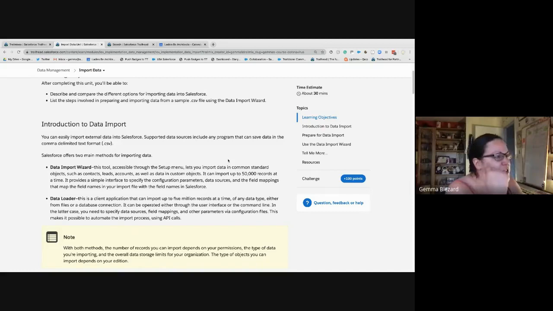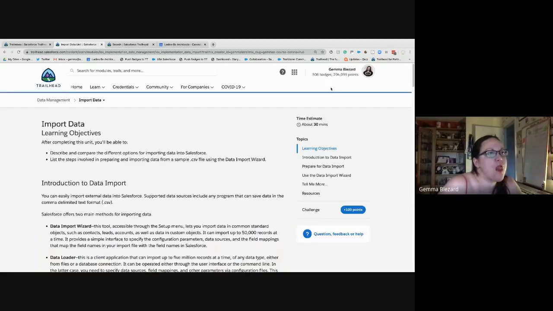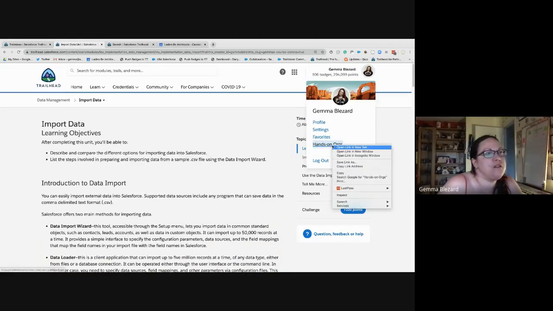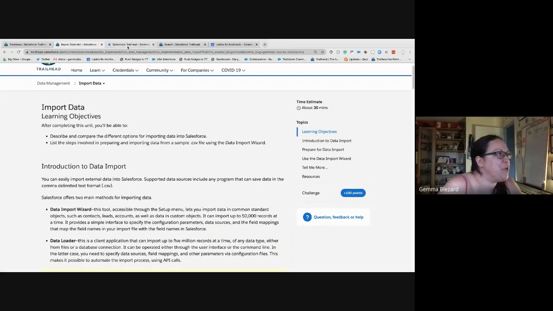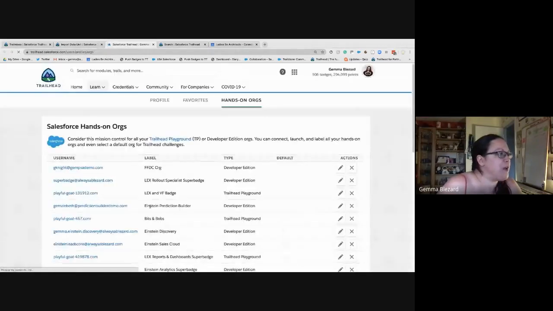So data import is accessible through Salesforce. You get into it by going into your org, looking under the setup menu, and finding the data import tool. I'm going to just open up my hands-on org,